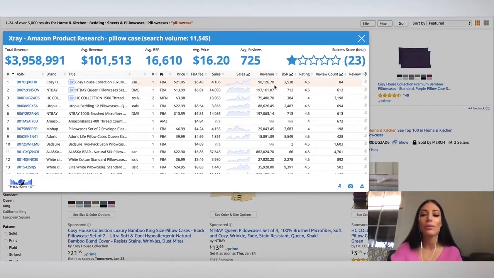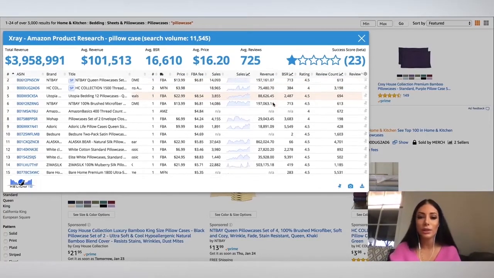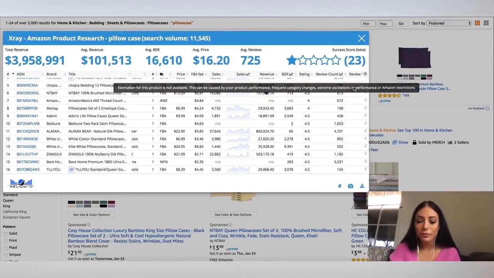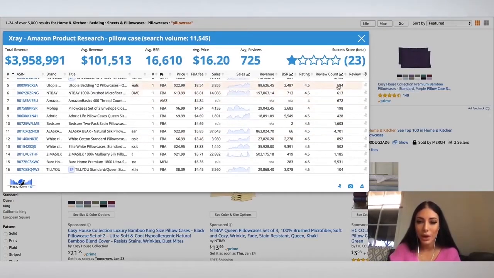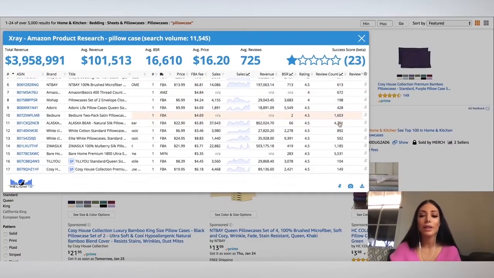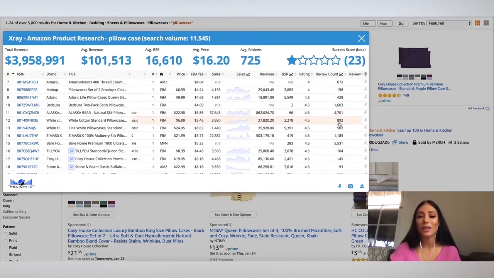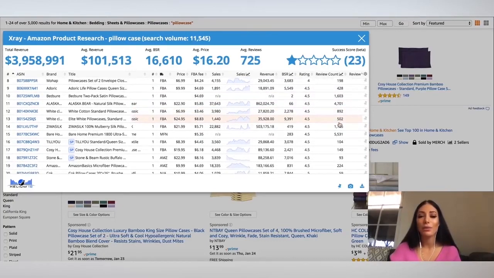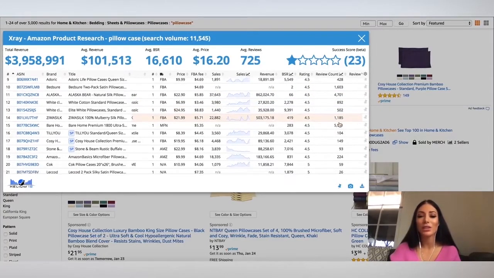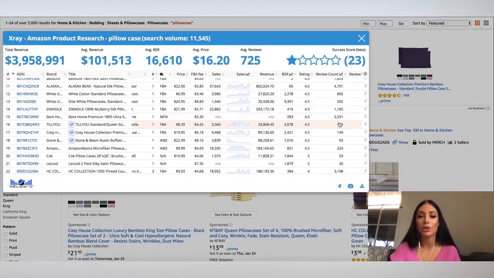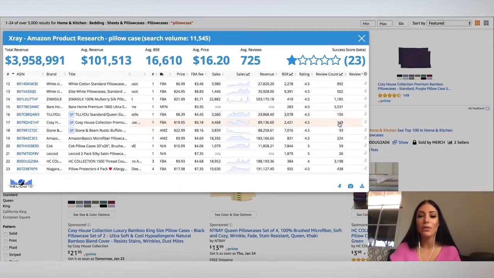They're spending all of their money on advertising. So I'm just not going to really include these in my search results. I'm going to scroll down and look at some other ones here. So I can see quite a few high reviews, 4,000 reviews, 1,000 reviews. Honestly, for my first product, I'm not looking for anything that has really high reviews and high competition because it's just too challenging and I don't want to make it so much harder on myself than it really needs to